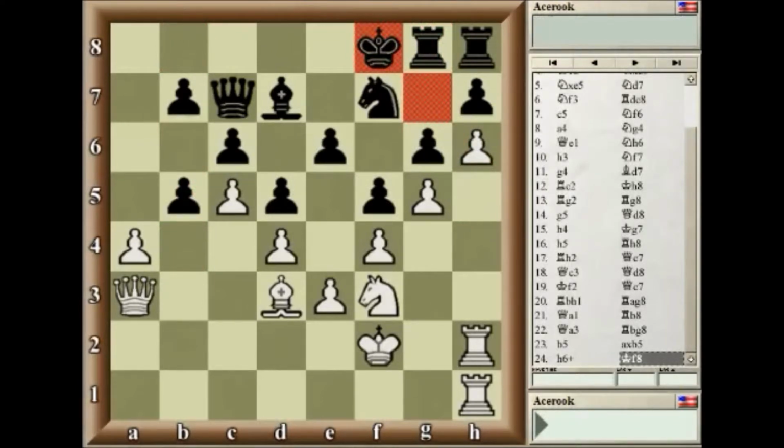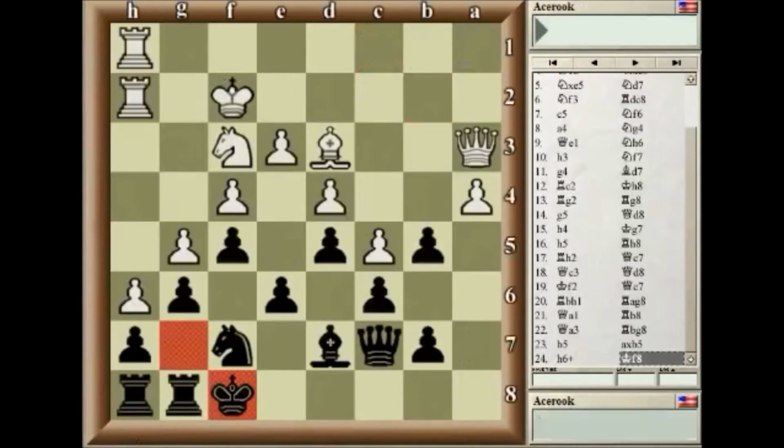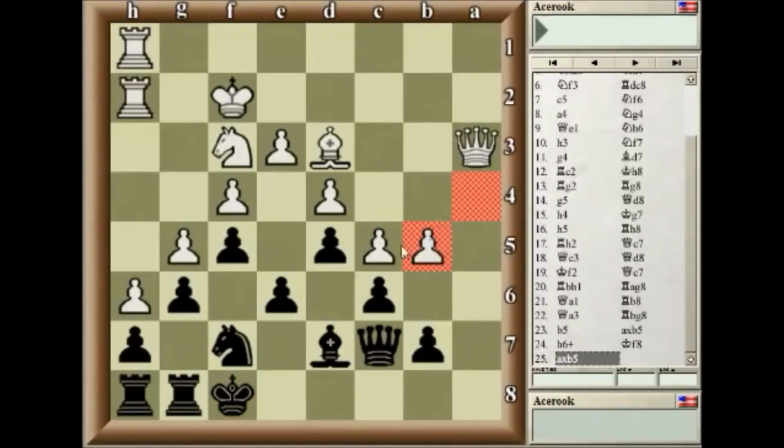yeah, positional. So essentially now, after king f8, you know, these rooks are stuck on the king side. Lots more space for black, for sure. And now, you know, after this takes, king 7, try and get the rook back to,